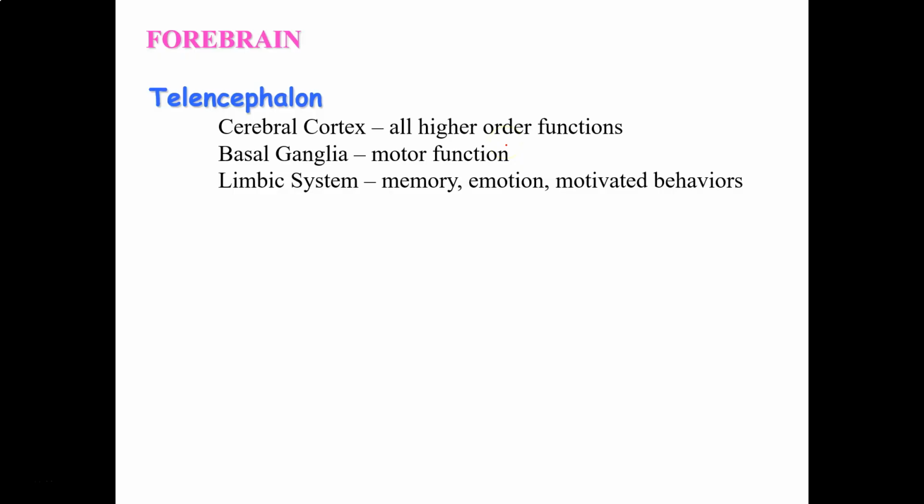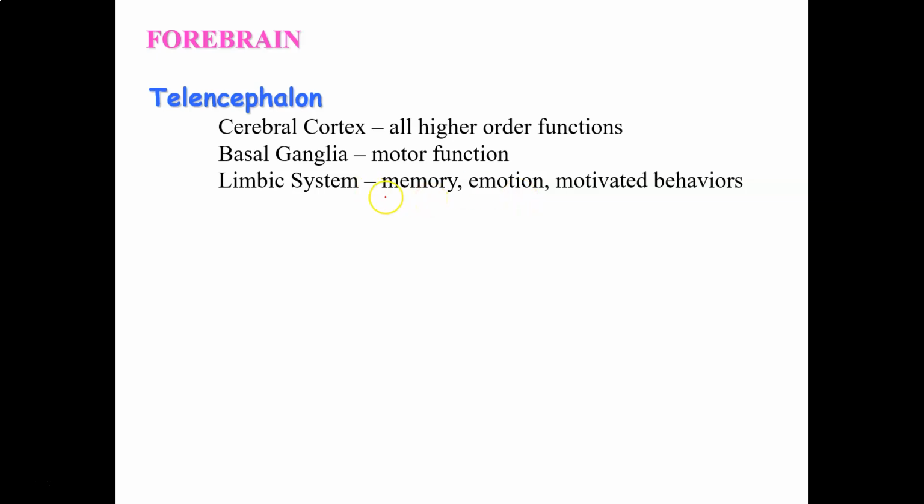So if you want to think of a person in charge of the brain, that would be the cerebral cortex. The basal ganglia handles largely voluntary motor function. The limbic system is called the emotional centers of the brain because it handles structures that process emotion, but it